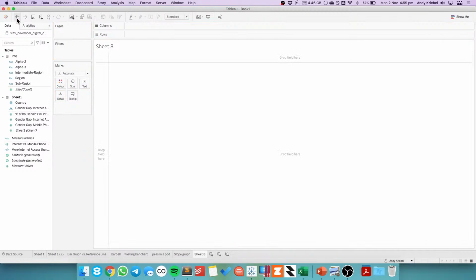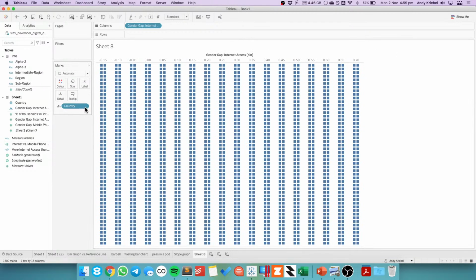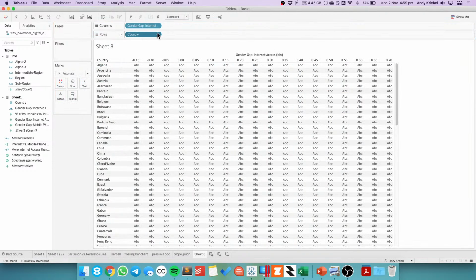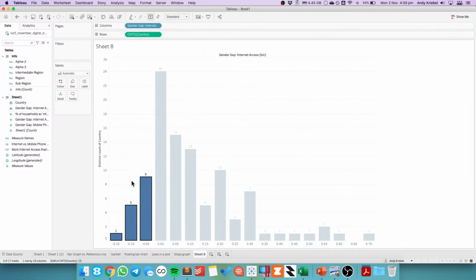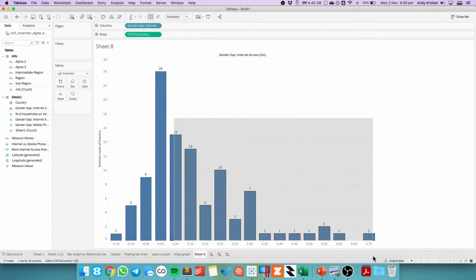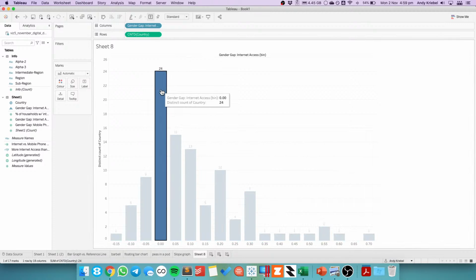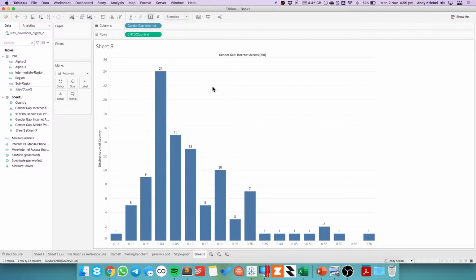Let me do, oh, no, I think that was right. But this needs to be a count distinct of country. There we go. So this is telling me how many countries have, so the ones on the left-hand side, this means more women have more mobile phone access than men, and over here is the other side, and then the zeros are between 0 and 5, so some of them might be 0, some of them might be 5%. It's kind of hard to,